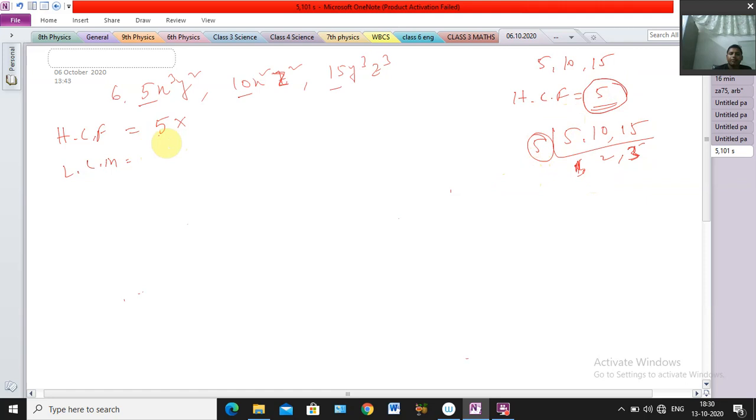After that, take the common portion from the literal coefficient. From the first part we are getting x cube, second part x square, but in the third part there is no x. So we cannot take it for HCF. Next, y is there in the first term, but in the second part no y, though the third part has it. So this also we cannot take.